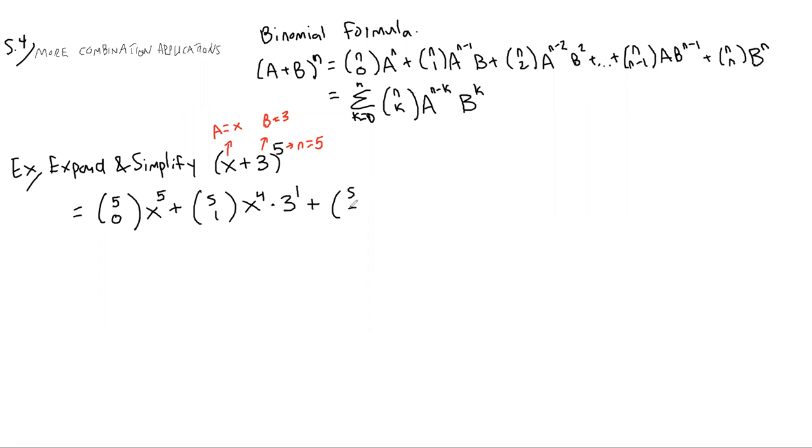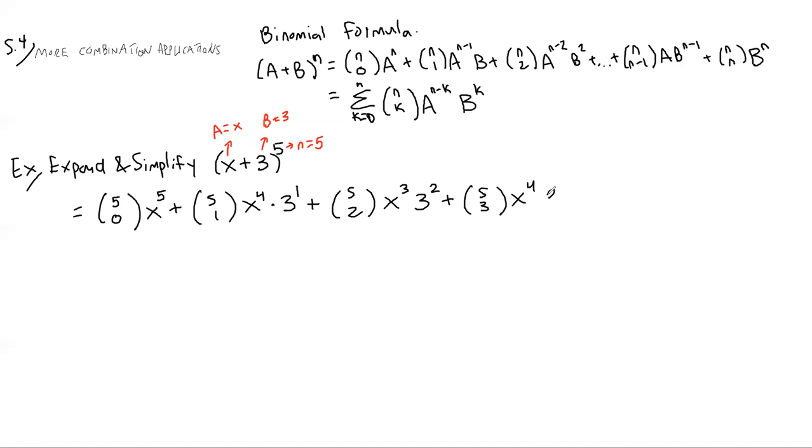And then 5 choose 2. Power of x goes down 1, power of b goes up 1. And then I basically just keep going until I get n choose n, until the top and the bottom number are the same. So 5 choose 3,